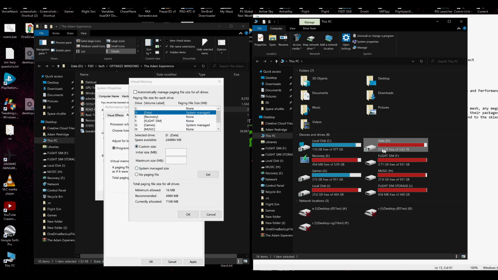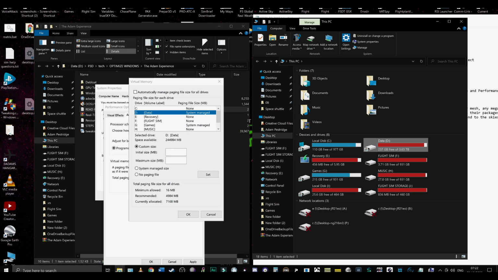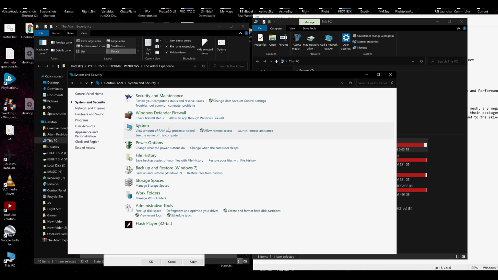But if you have the space, like you have 50 gig of free space, you could actually create some extra performance by setting up a virtual memory caching on your hard drive. And basically it's totally dependent on what's already on your system. So if we have a look at my system,